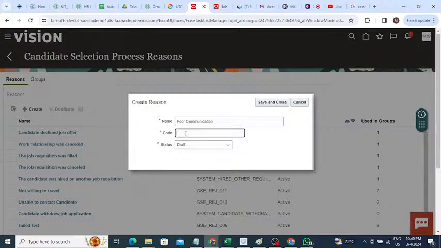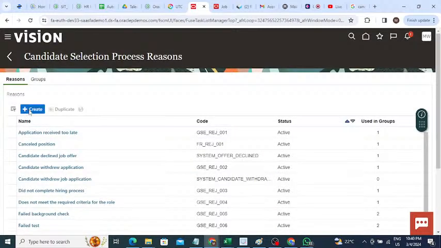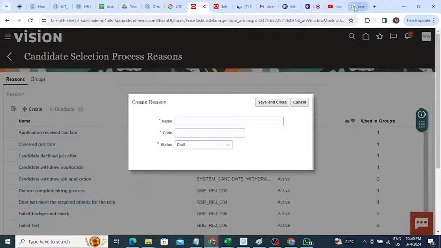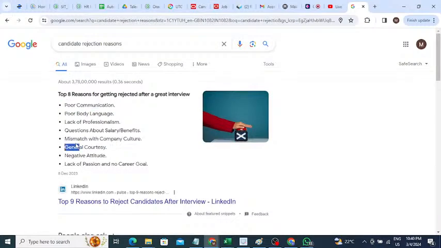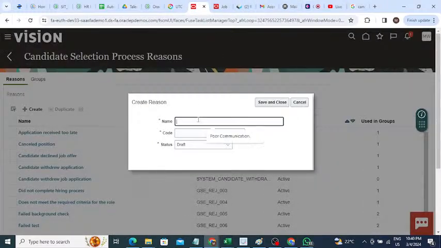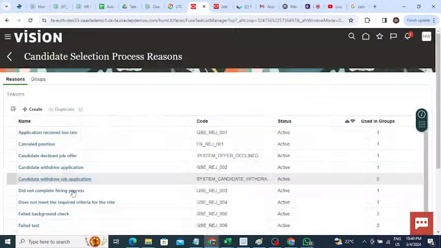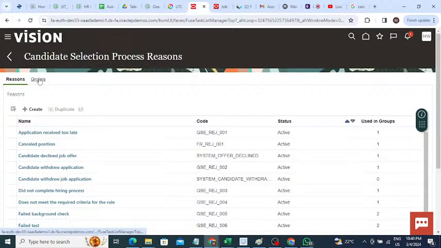You can give the code, whatever, make it active. This is one reason I have created. One more you can add. Just add two reasons. Make this active. Okay, save and close. Once you have created this number of reasons, then click on this group,